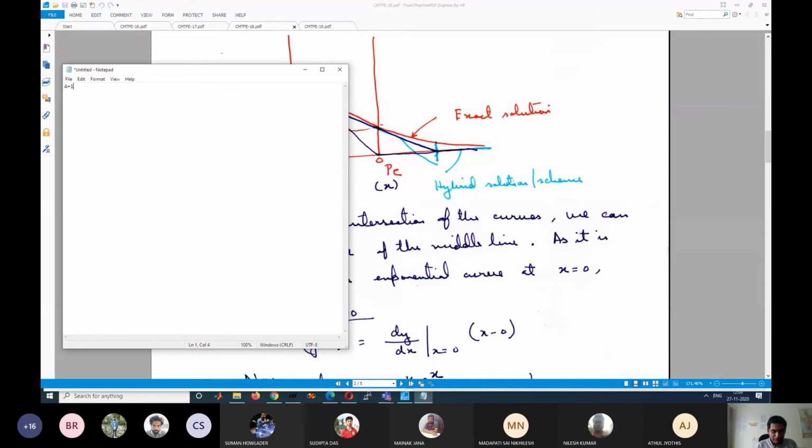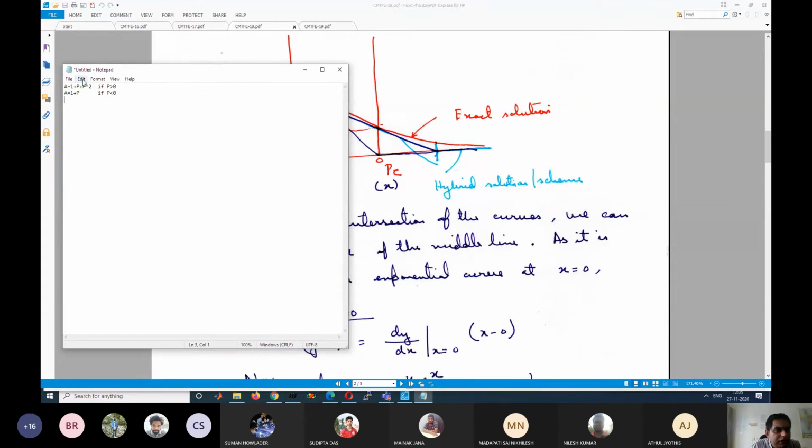A is equal to 1 plus P square, okay, if P is greater than 0, A is equal to 1 plus P if P is less than 0. So this is one scheme. Say arbitrary scheme I have devised. A is equal to 1 plus P square. So how B in that case?